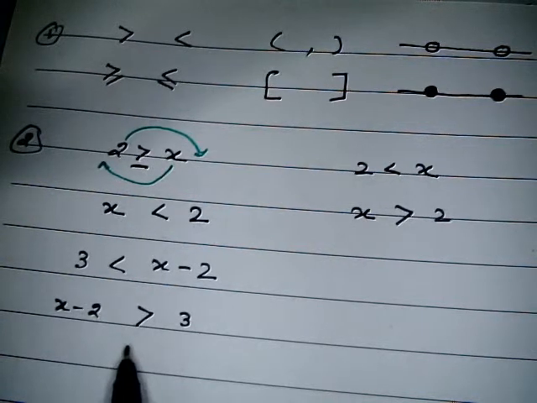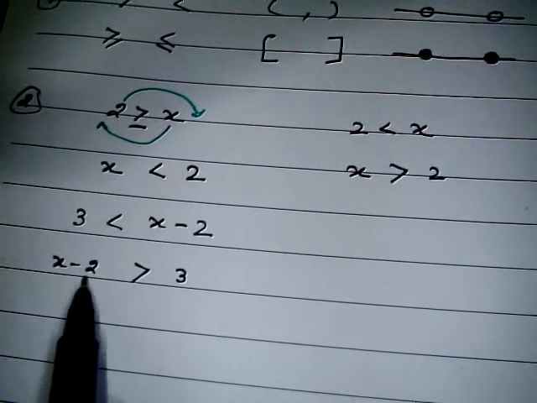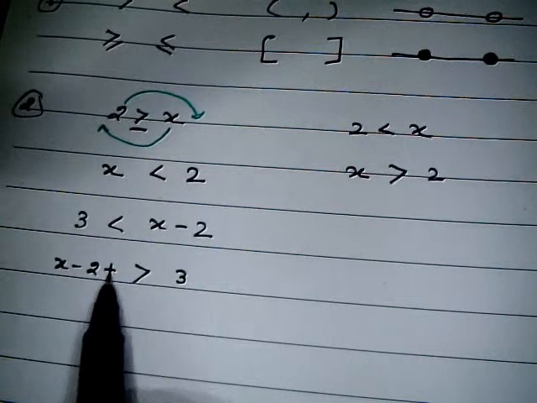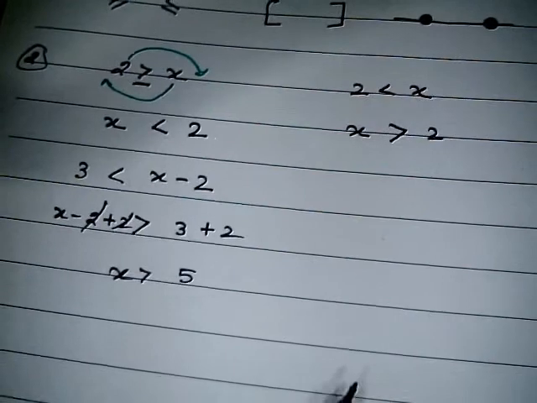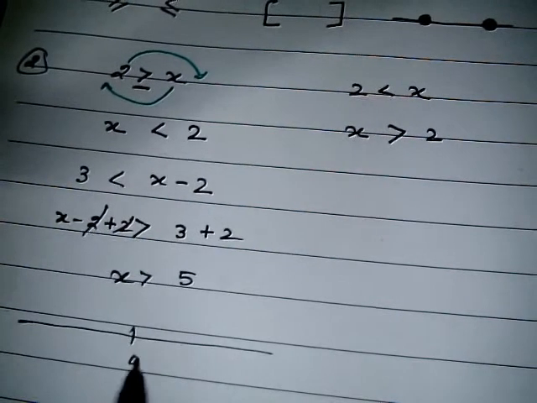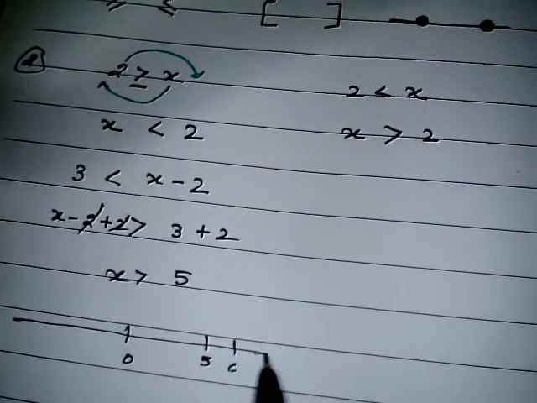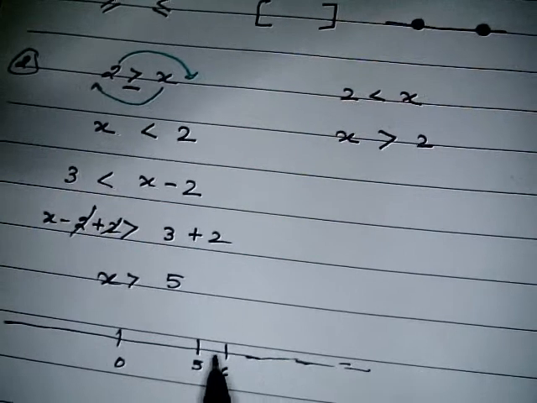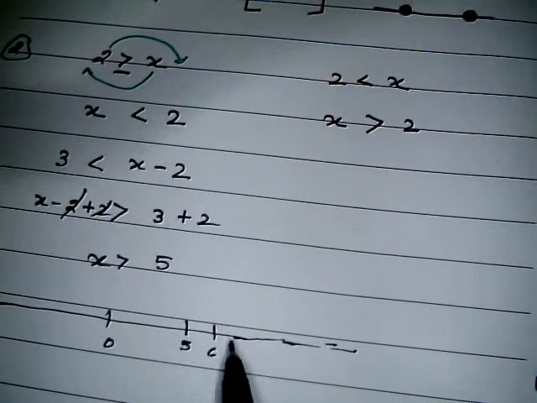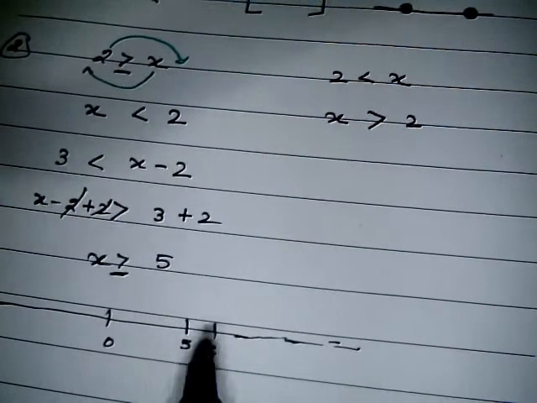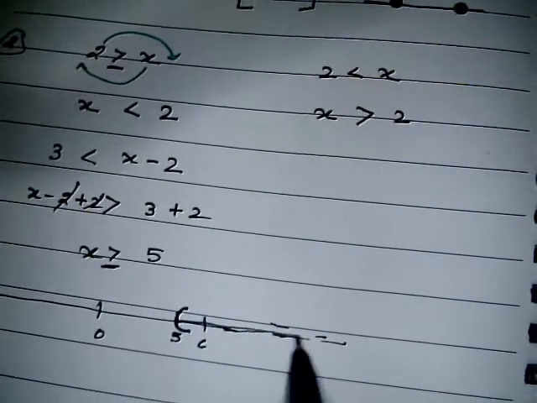And now I need to solve it as you solve a linear equation. This negative 2 I need to shift to this side, so I will add 2 to both sides. So this is x greater than 5. Okay, if you represent this on the number line, this is your 0. It needs numbers greater than 5. So this is your 5, this is 6, and onward. The numbers greater than 5 are going to be the answer for this inequality. Here is a greater than sign, so either you mark it like this and it goes in this direction, or you can make an open circle and go in this direction.